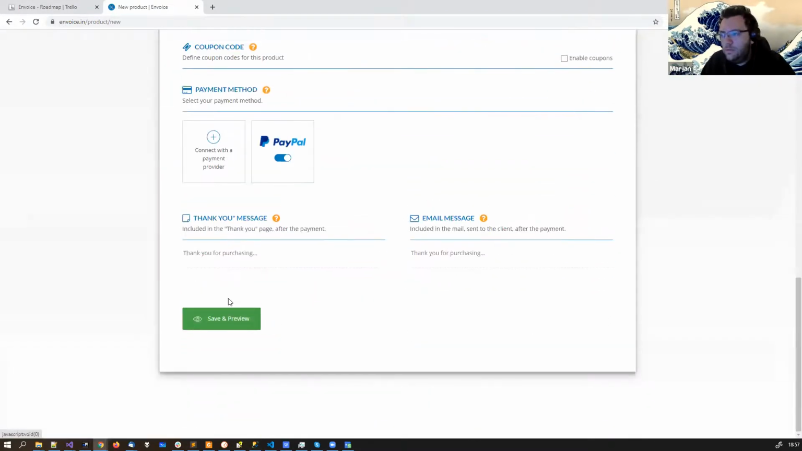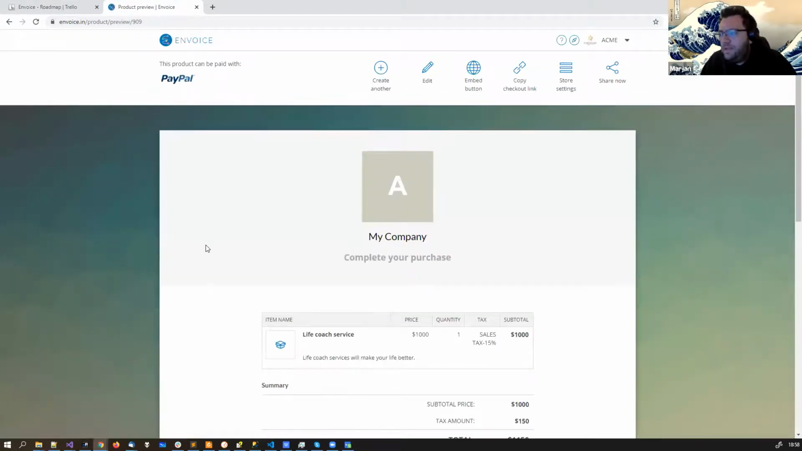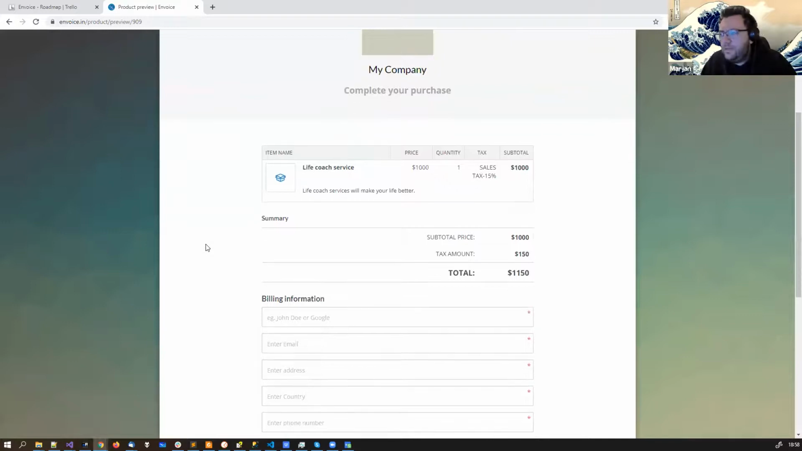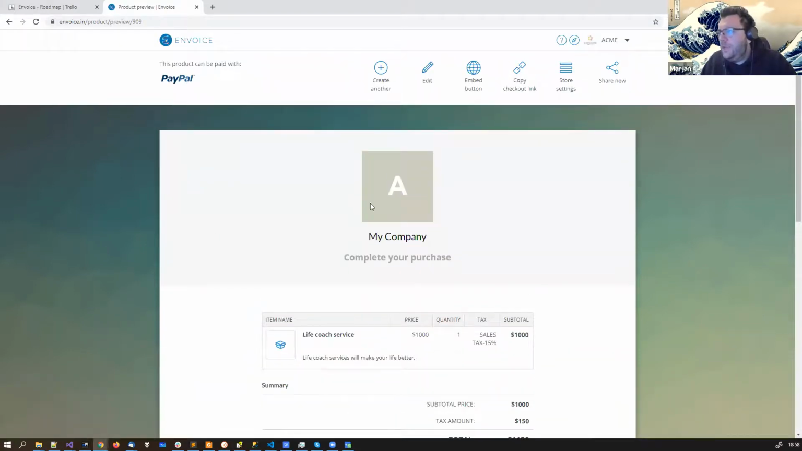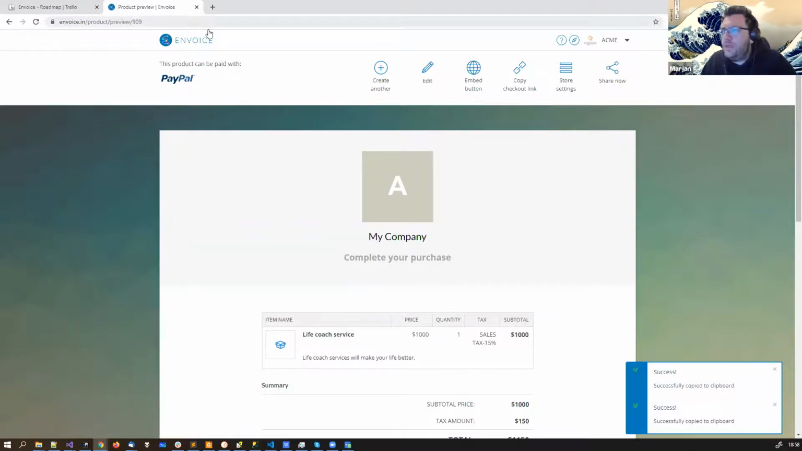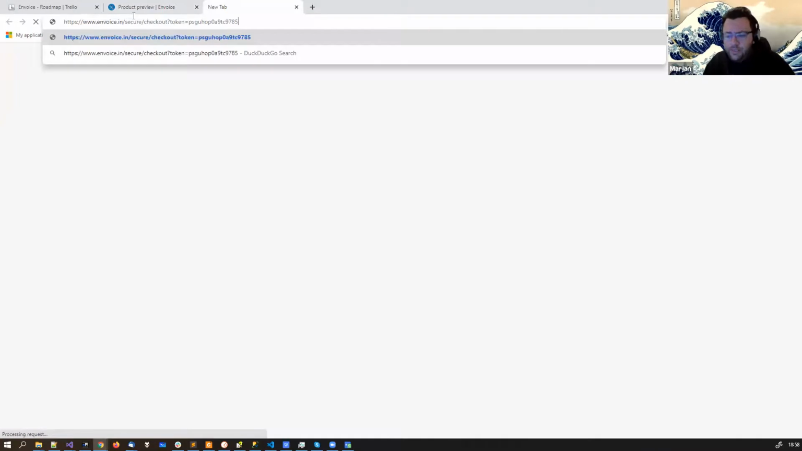Okay, let's see. So now if we save this, we can see the product details and how the checkout page will look like. Here we have two options. So one is we can copy the checkout link itself. So once we copy this checkout link, if we have a personal website or if we are selling on Facebook, we can share this link, and